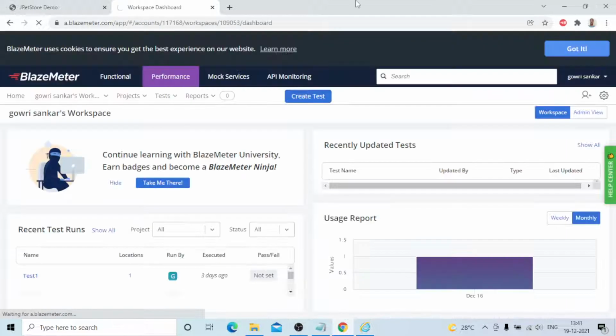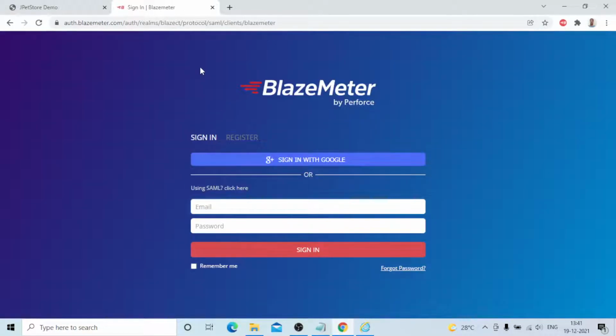Just a minute, I am already logged in. I will show you how you need to log in. This is BlazeMeter for cloud level. It's not required here. Once you click on blazemeter.com, the first time you will come to this page. You can sign in directly. You need to register, and it's only 2 or 3 steps. For example, click on register: first name and last name, email and company.